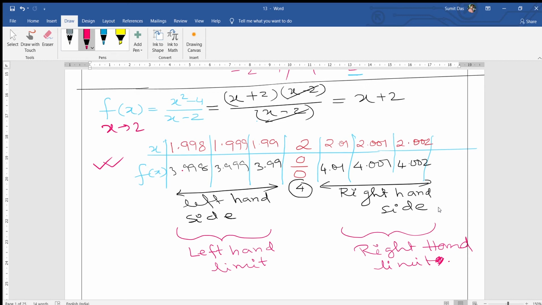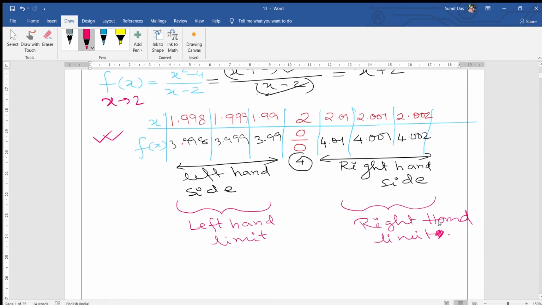And this case which is on the left hand side is called the left hand limit. If you suppose this is a number line and this is 0, all these values are situated on the left hand side, and all these values are situated on the right hand side. This is actually the graphical representation of the left hand limit.